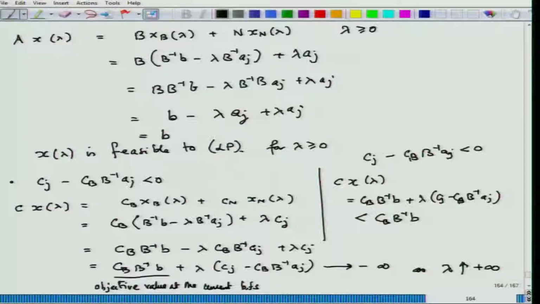If all of them are strictly bigger than 0, then we do not have an optimal solution, but the problem need not be unbounded and we can proceed. We cannot guarantee it is unbounded, but from this there is no information which tells me that it is unbounded. So, I can then try to proceed.